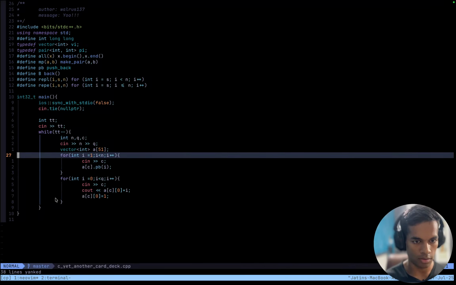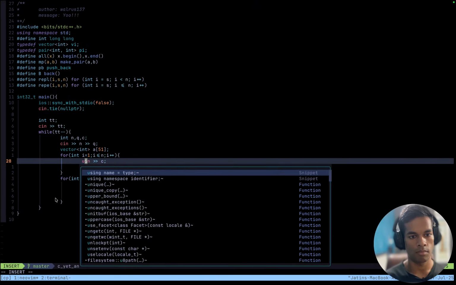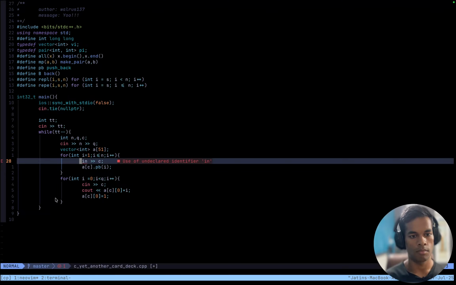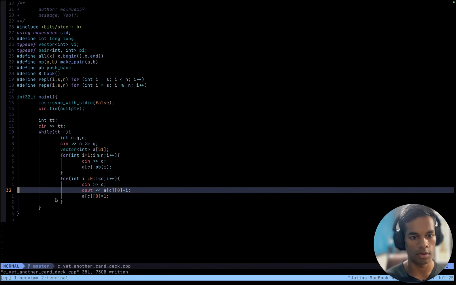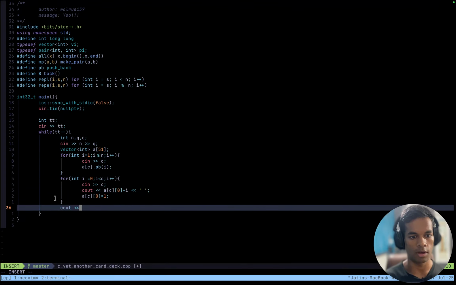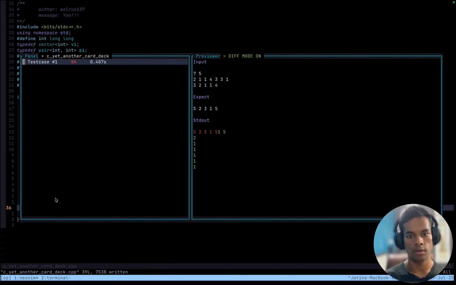Segmentation fault, or wrong answer. I have to give a bit of space after this, and again cout new line.